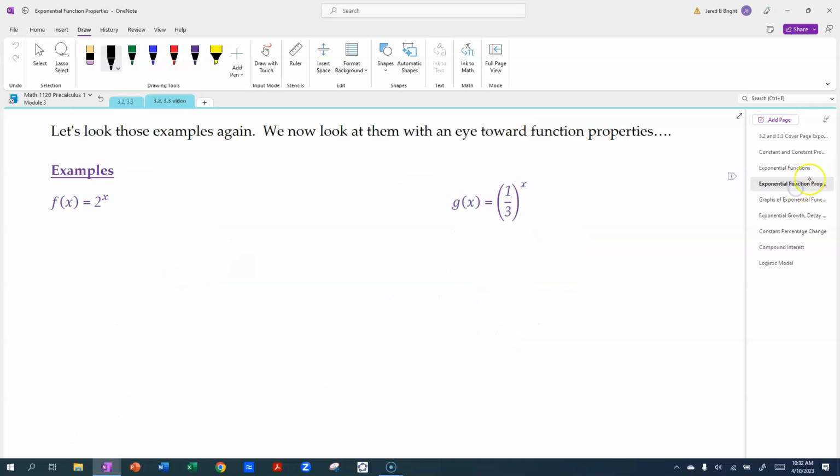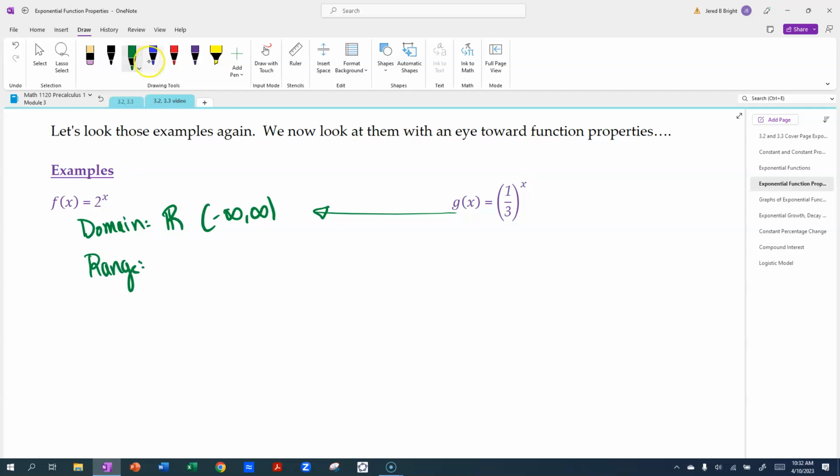Okay, so then that means that the domain here is going to be all real numbers, or written in interval notation, minus infinity to infinity. Okay, and the same is actually true for g of x as well. Okay, and then in terms of the range,